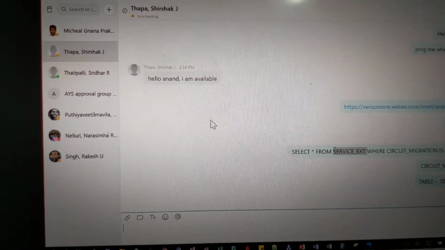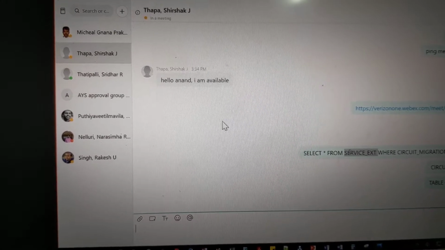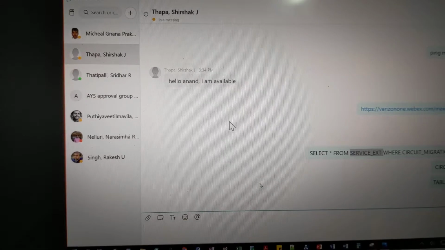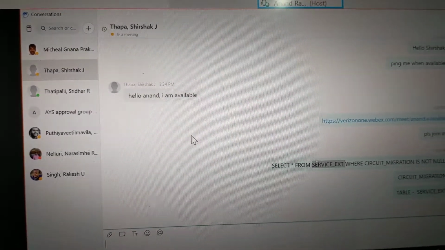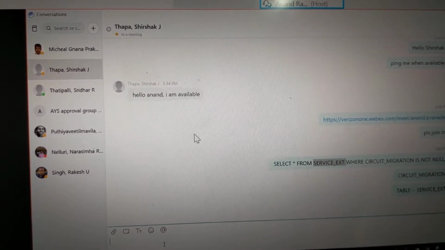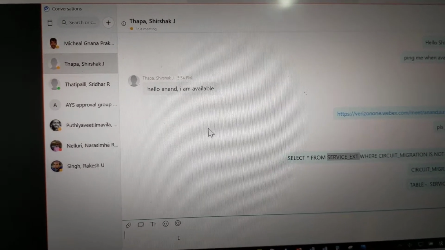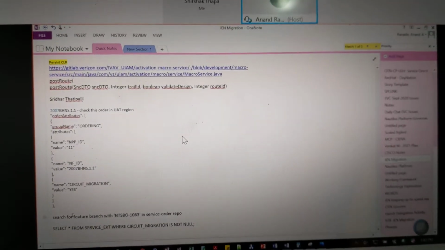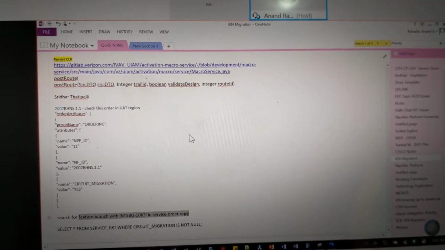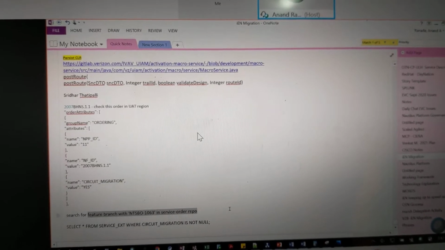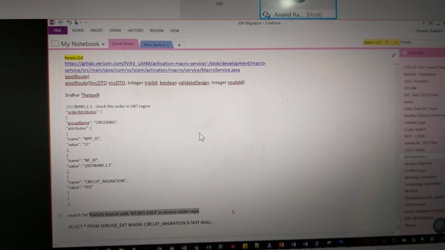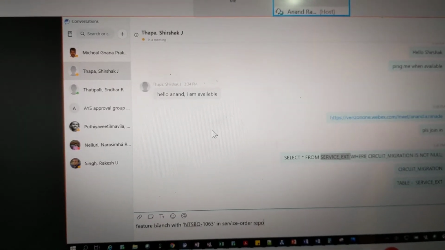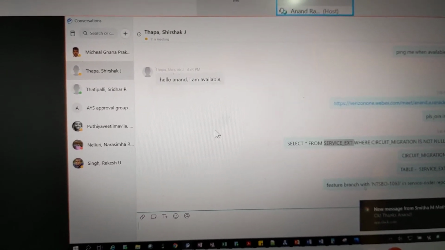But the thing is, this is a different table, so you will have to find the DTO. There is a code also to implement this change. If you'd like to look at the code, there is a feature branch. Let me ping this one. You can find the implementation of this change, just to know the DTO object, the table object that is being used.